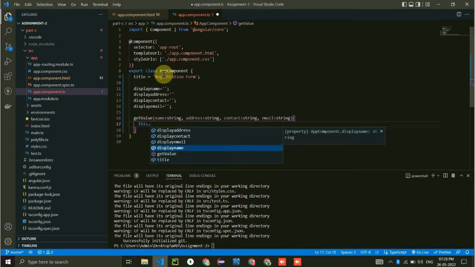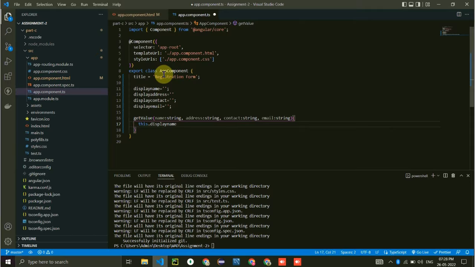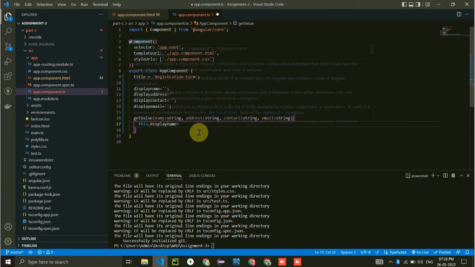Okay, so this dot display name equal to, and the value that it will store is this name variable, because we have used this name variable inside our form. So here it will store the value of name inside this display name variable. So here I'll write display name equal to name,